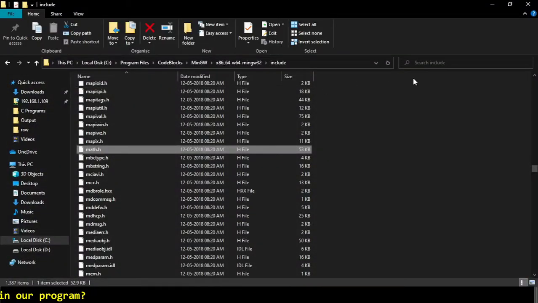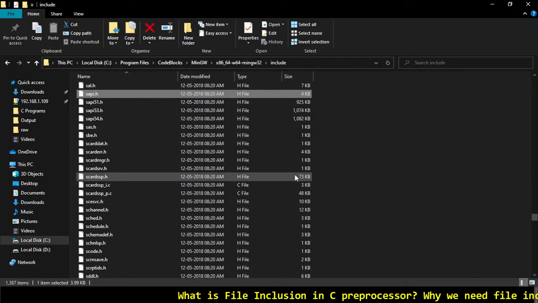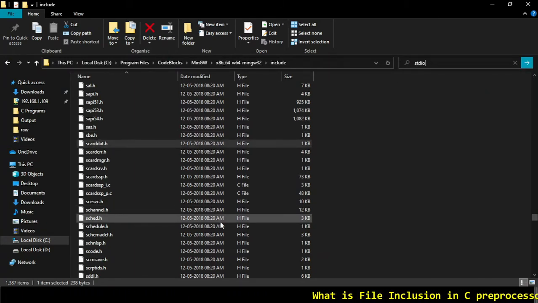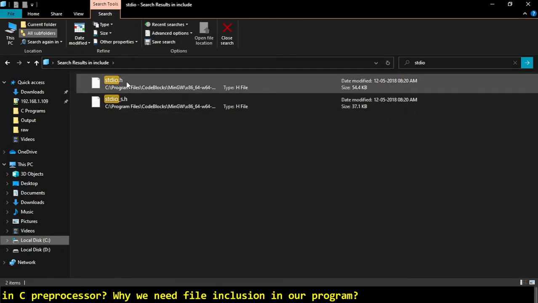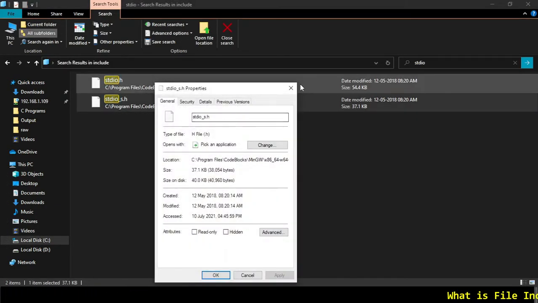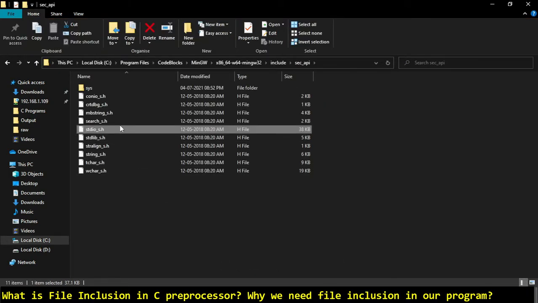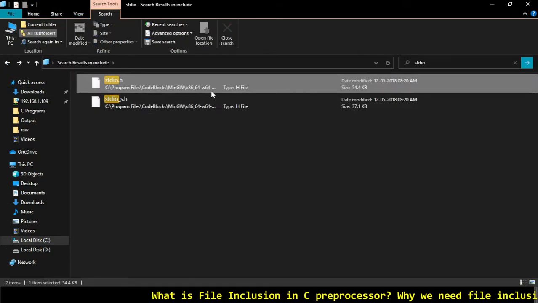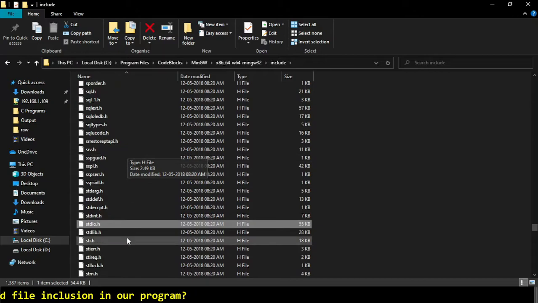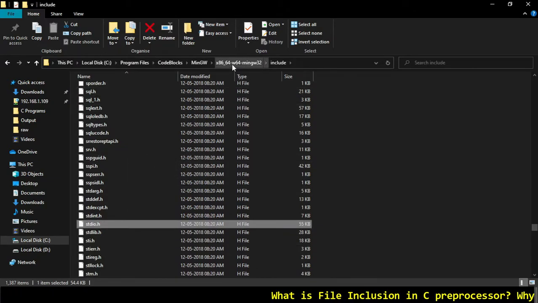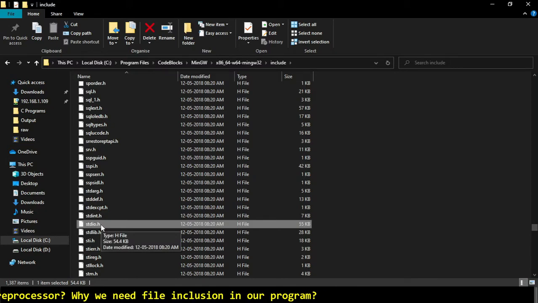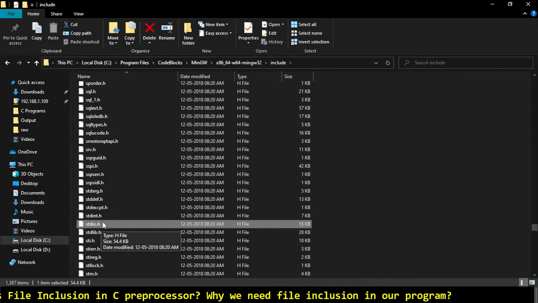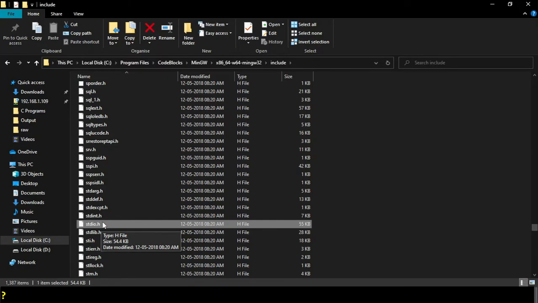Let's find stdio.h. I think it should also be present over here. Yeah, so stdio, yes, this is also a default directory defined by the compiler itself, and this is our main header files library folder. Here you can see stdio.h present. So this is for the default one, and